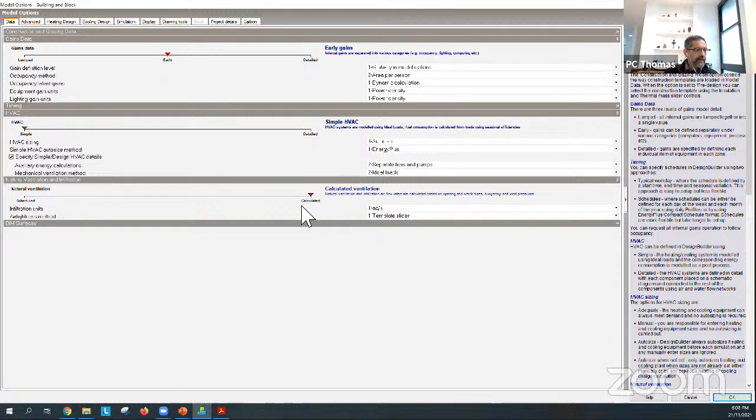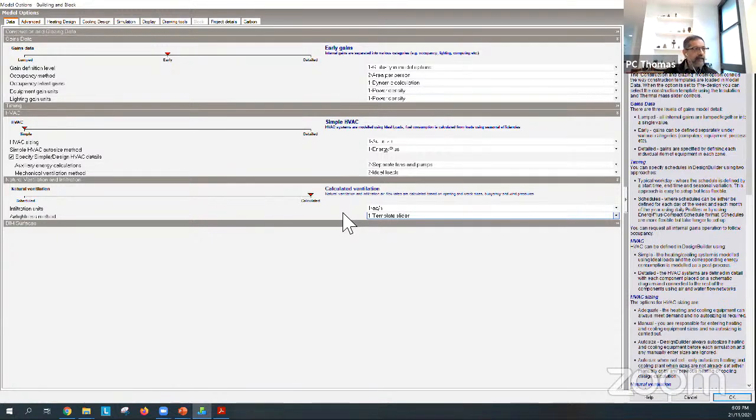When you do that, it tells EnergyPlus that now you must use the real calculations to work out what's happening in every zone. So it will see, is there a window from which air can come in? Is there an opening from which air can come in? What is the wind speed at that hour? Which direction is the wind coming from? And then it will work out the